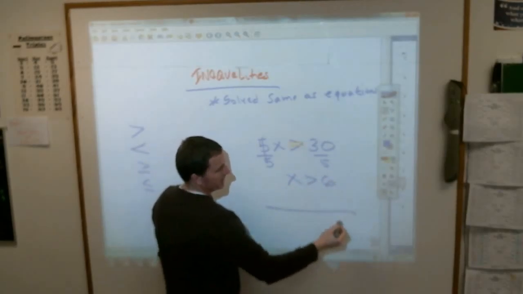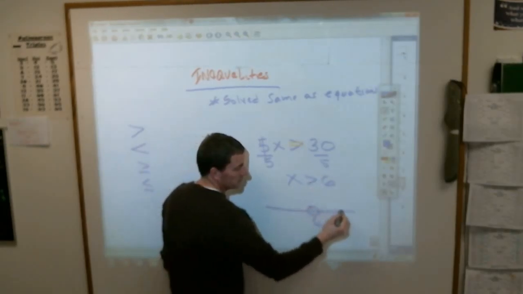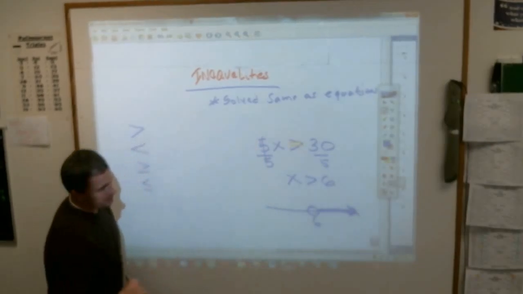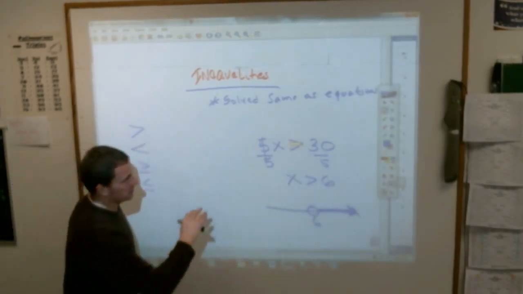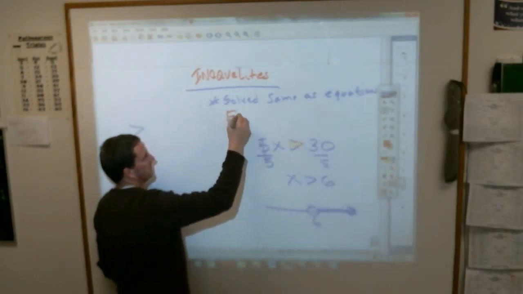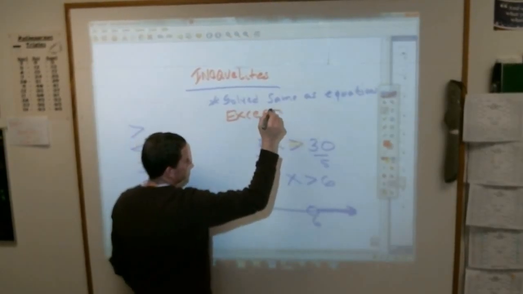And then a lot of times we are asked to graph it. You would put a 6 down there. You put an open circle there because it's not equal to, and it goes that way. Okay. Except, we have to put an exception here. Solve the same as equations, except, put this in big letters here because this is a big difference. Except,